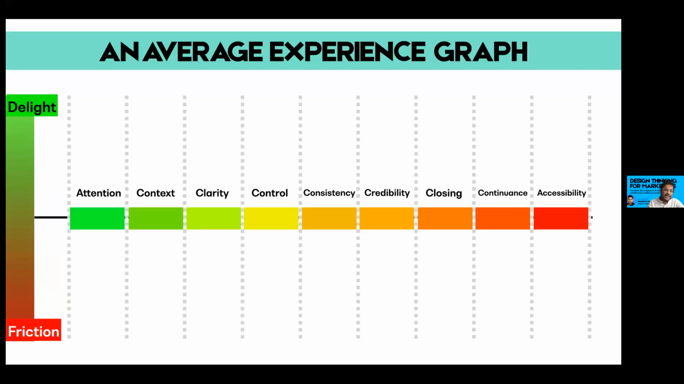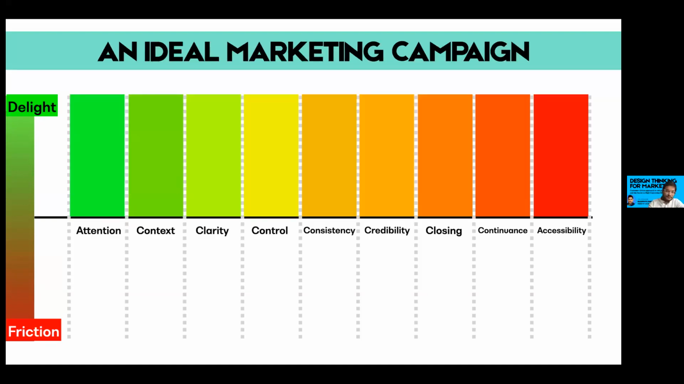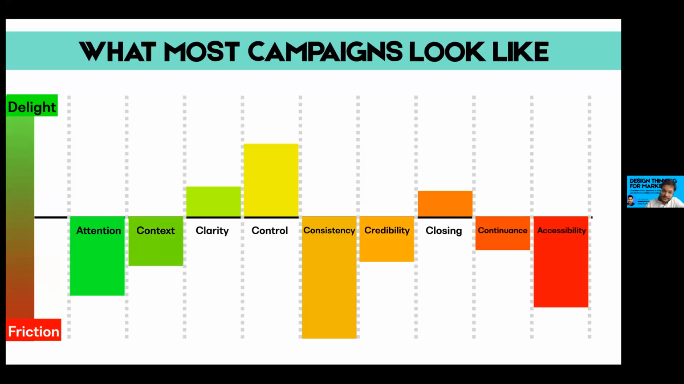As you can see in that attention here, what would be an average experience graph? That it's not too delightful, it's not too frictionful, it's entirely in the middle. What's the ideal marketing campaign, you would ask? It's entirely in the delight section, right? All the metrics you would see, all the design principles are focusing to delight the users. But what most campaigns look like? This is how most campaigns look like. Most campaigns